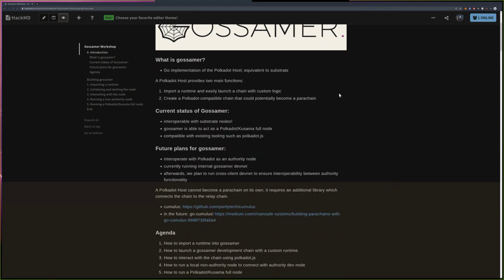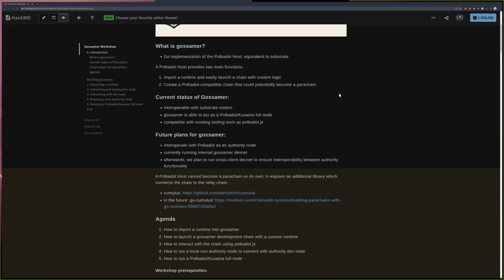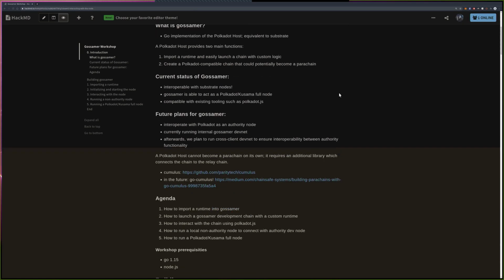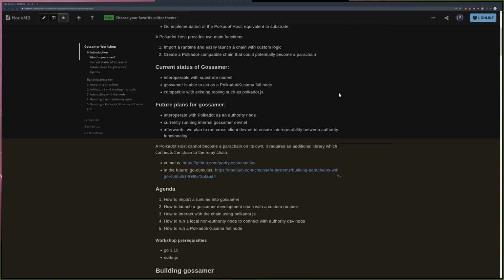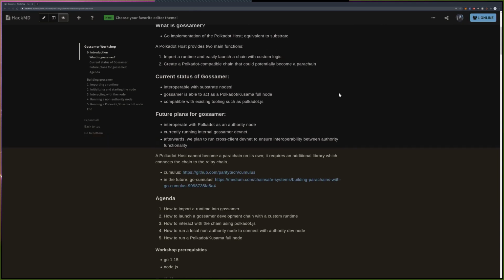Cool. So the current status of Gossamer is that we are interoperable with Substrate nodes. Earlier this year, we were able to sync fully with the Polkadot and Gossamer networks. So we are happy to say Gossamer can act as a Polkadot or Gossamer full node, and it's currently compatible as well with existing tooling like Polkadot.js. So in terms of future plans for Gossamer,